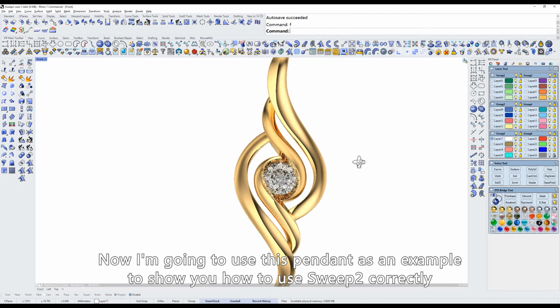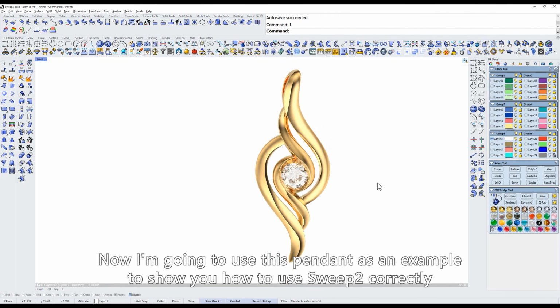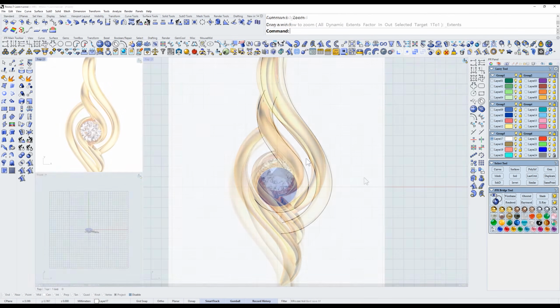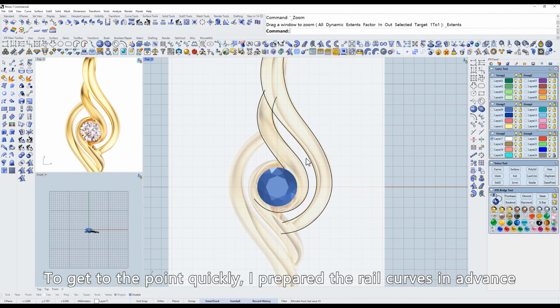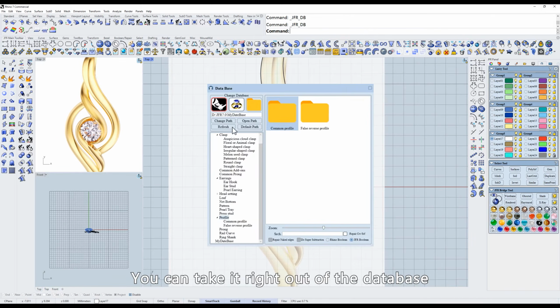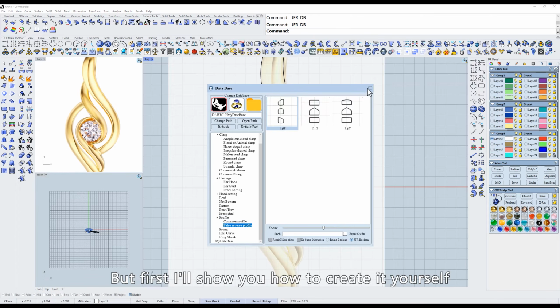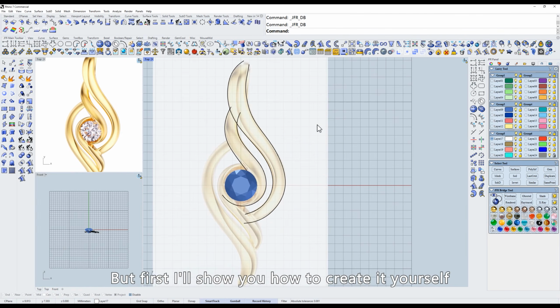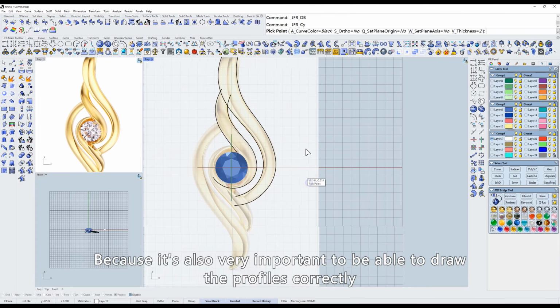Now I'm going to use this pendant as an example to show you how to use Sweep 2 correctly. To get to the point quickly, I prepared the rail curves in advance. Next, we need to draw the profiles. You can take it right out of the database. But first I'll show you how to create it yourself, because it's also very important to be able to draw